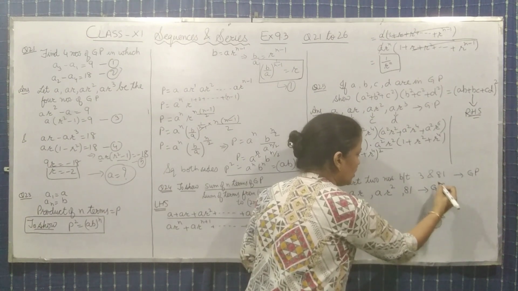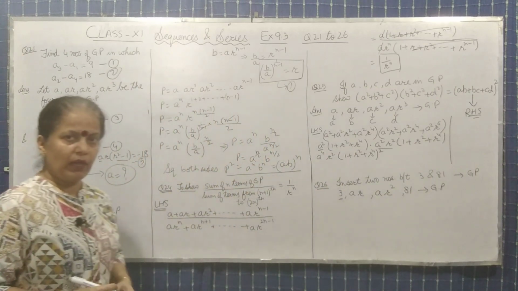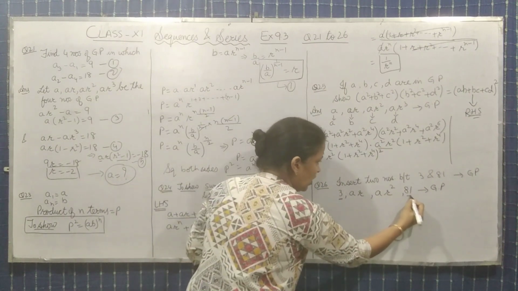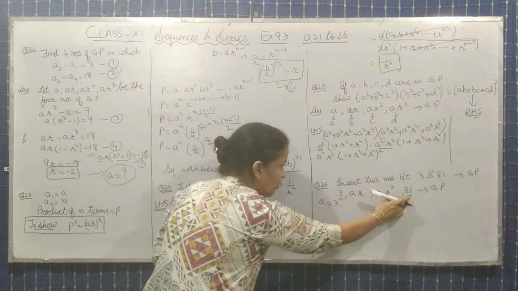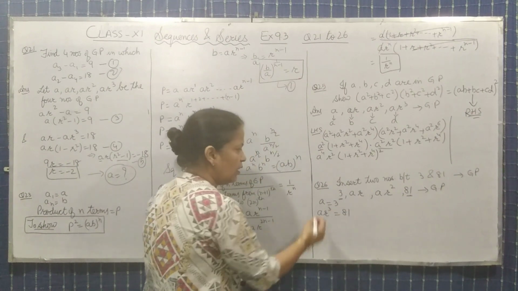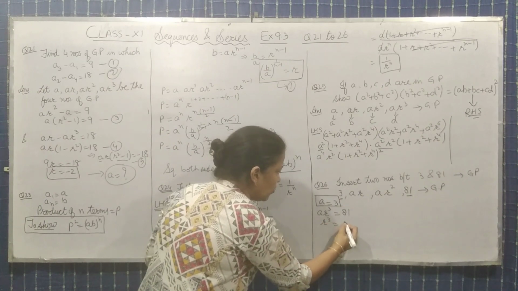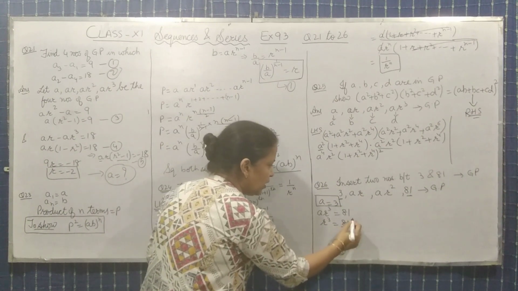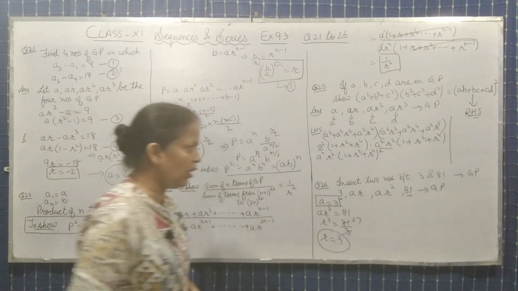So you have to insert two terms so that all the four terms become a GP. Now, this is the fourth term. Here, A is 3, and 81 is the fourth term, meaning AR power 3 equals 81. Substitute A equal to 3. So, R cube equals 81 upon 3. By substituting and canceling, we get 27. R will be 3. So you have R equal to 3.